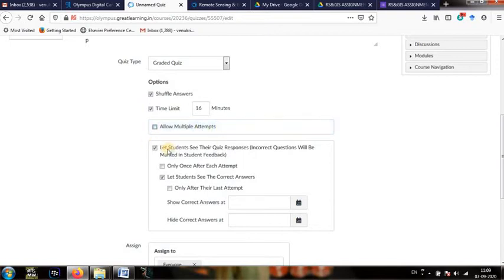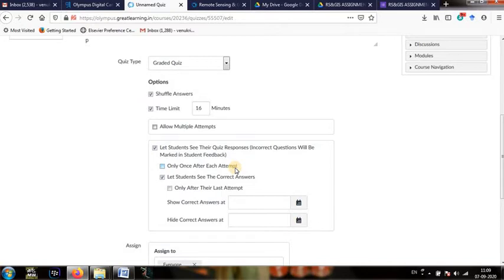This is your choice. Okay, so I have given 2 attempts earlier, so leave it. Now let students see their quiz responses. Incorrect question will be marked in student feedback. Okay, only here see the options only once after each attempt. That means by submitting every question he will be notified with correct or wrong.